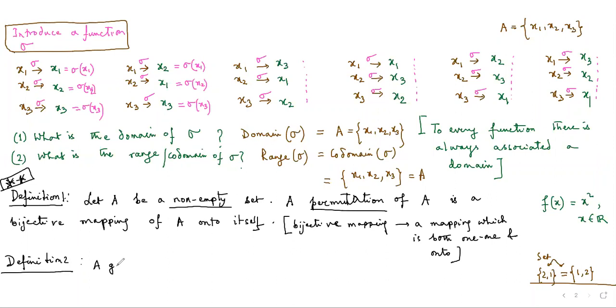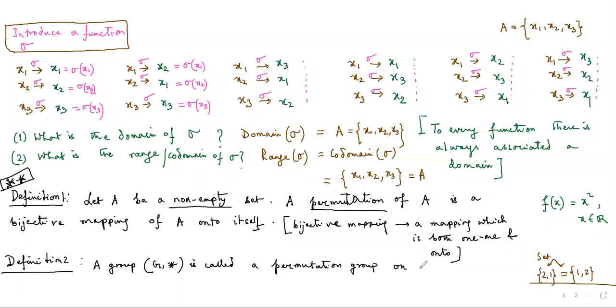A group (G, star) — and we know that in a group, the set doesn't come alone; the set always comes with an operation, whatever operation it can be. That's why it is called an algebraic structure, not just a set. So a group (G, star) is called a permutation group